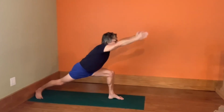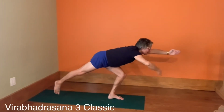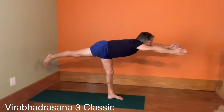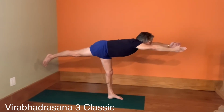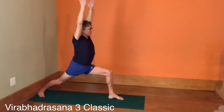Bring your chest down. Come up onto the big toe. Pull forward. And then simultaneously straighten the standing leg and reach back through the inner thigh of the lifted leg. Pull forward. Straighten the standing leg. Pull back with the lifted leg. Go forward. And then bend the front knee. Go back into warrior 1. Straighten the knee, turn your left foot in,